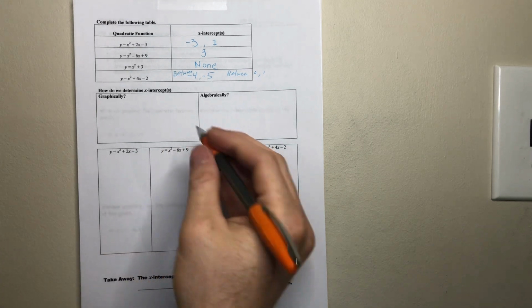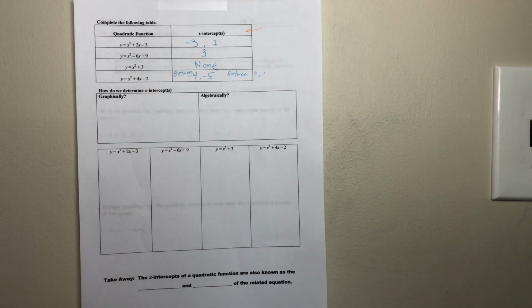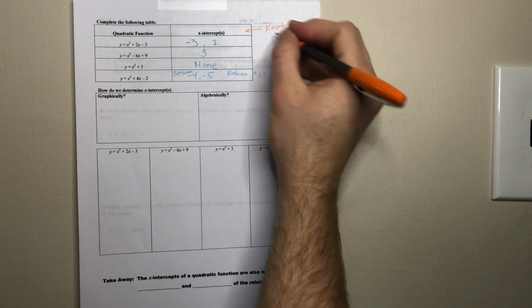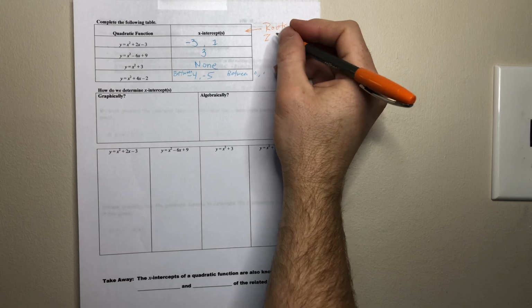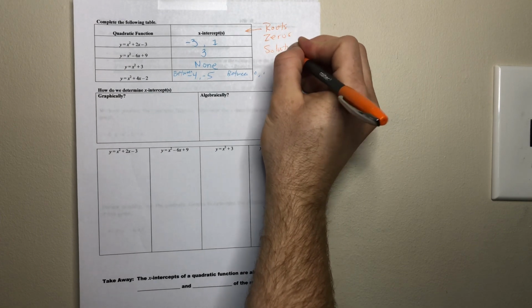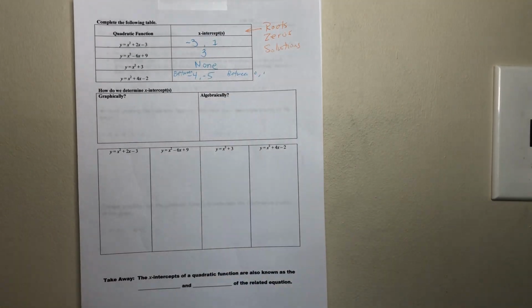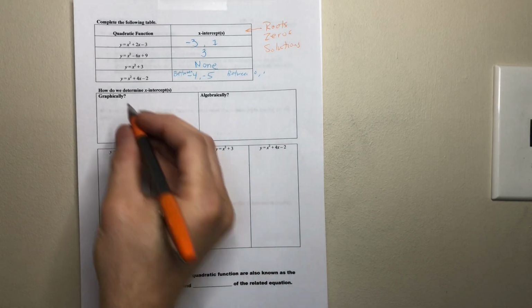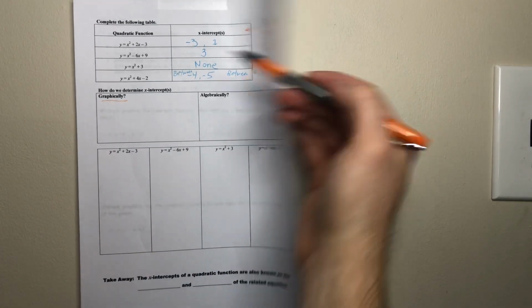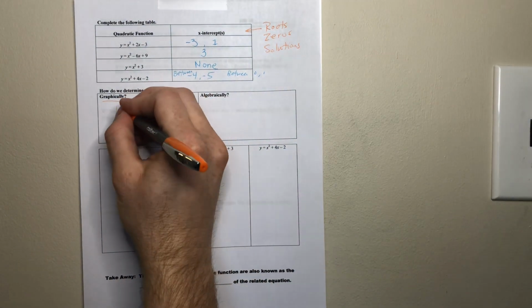Now, really quick, the x-intercepts have more than one name. You might also hear them called roots. You might also hear them referred to as the zeros, or even the solutions. All of these words are kind of synonymous with each other in regards to what we're looking for. So if I want to figure out the x-intercepts or the roots or the zeros or the solutions, and I want to do that graphically, I am going to just look where